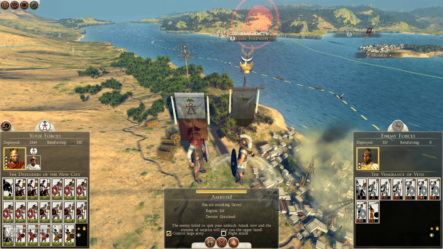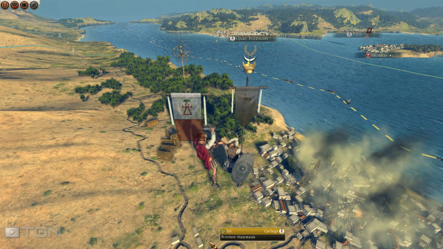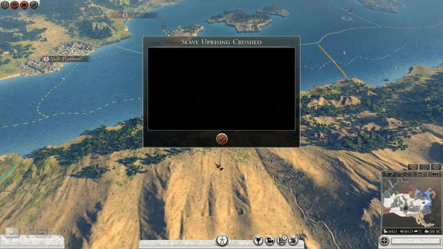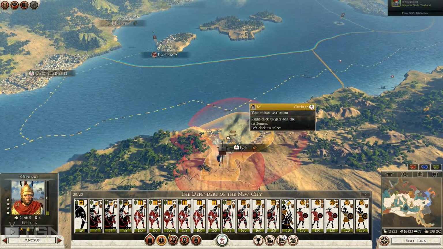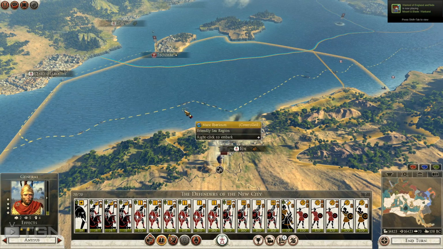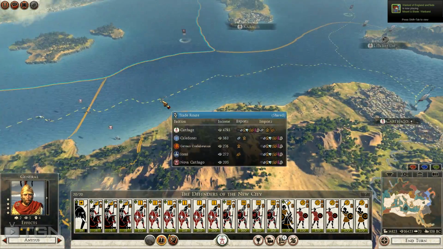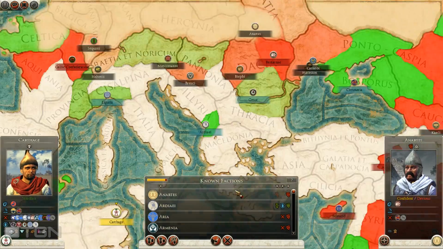Come on. Nope, they didn't run away. Because they were... How did they attack me if they were in forced march? Maybe they went into forced march after they attacked me. I have no idea. Slave uprising crushed. Sweet. Now I can go back into forced march and sail back to Carthage after a long and wasteful time chase. Let's go back in here and check out...